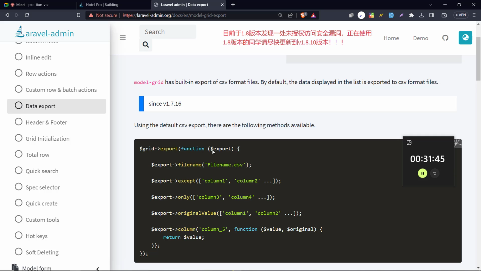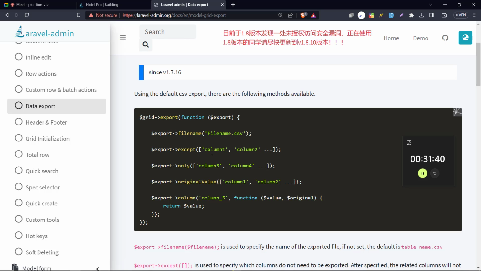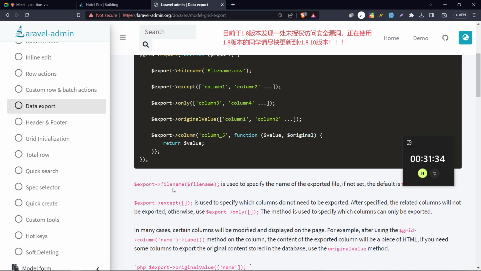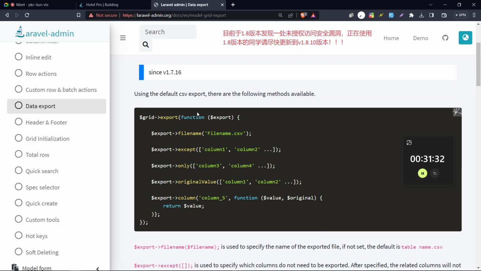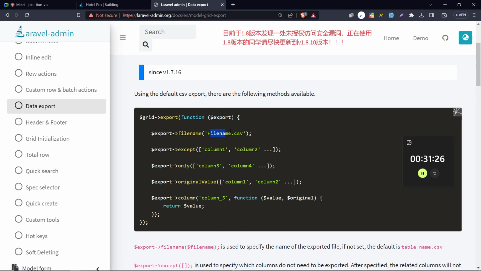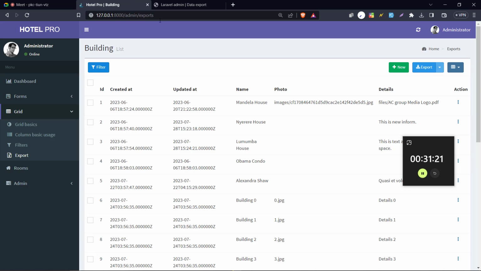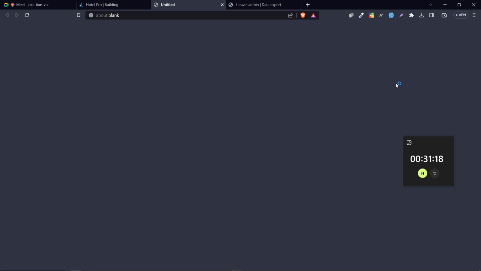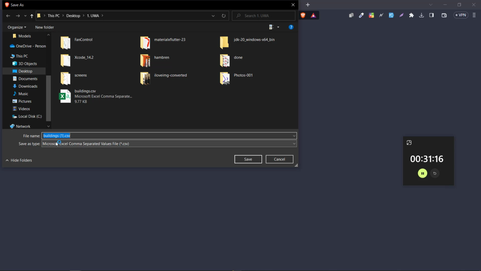Using the default export, there are the following methods available. So if we want to use the normal export, these are the methods that we can use to modify our Excel. The first one is the file name. It is straightforward. It will tell us the file name that you want the user to get when they're exporting. For example, when I clicked on export, the file name came as buildings. If you want to display another name when the user is downloading this, you can use